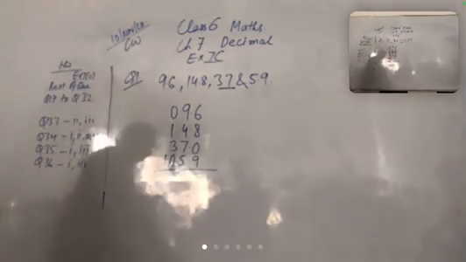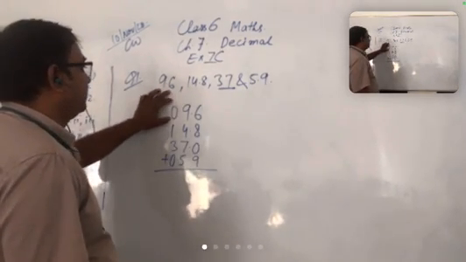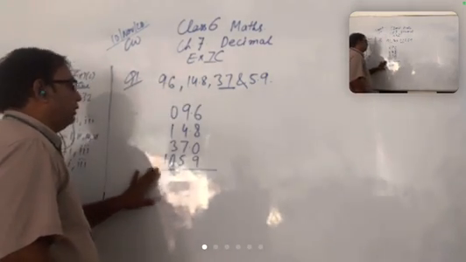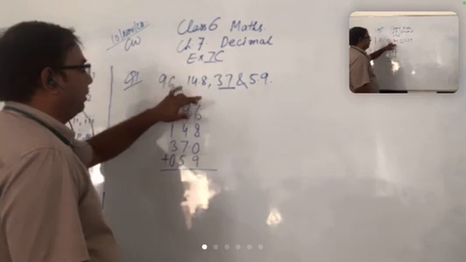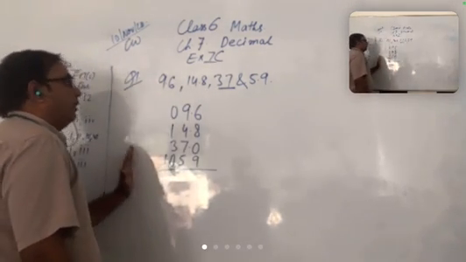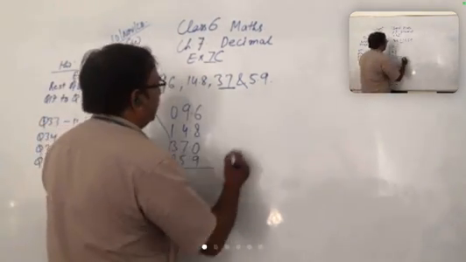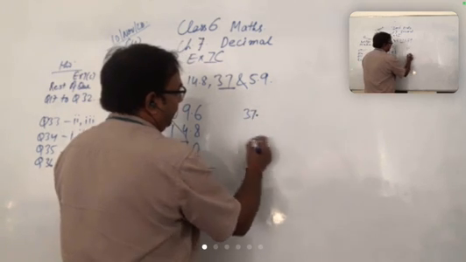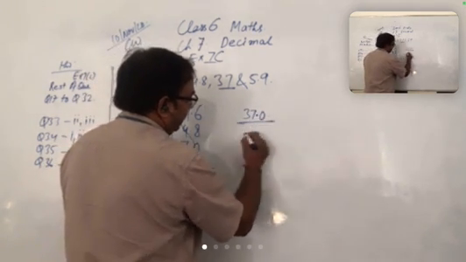Now you see, this is 9.6. According to our solution, we write it as 09.6 because there is a two-digit number also, and 37 is the whole number. And you must check and every time keep in mind that if there is a whole number, the decimal is always on the right side, not on the left side. Decimal always on the right side.